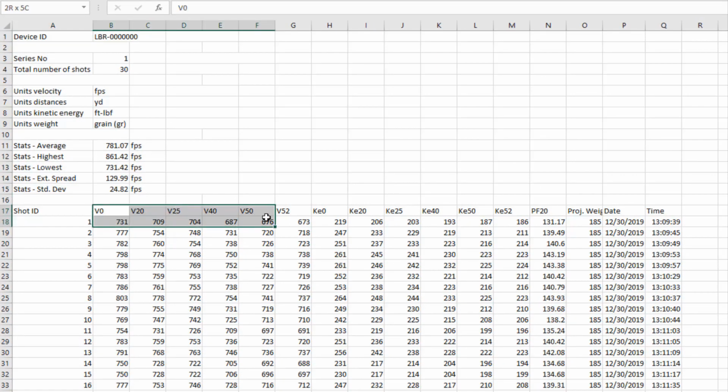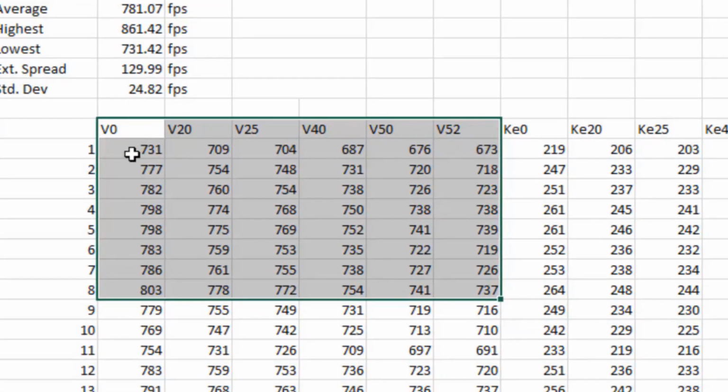And these columns represent the velocities at given distances. V0 is a distance that the LabRadar unit always gives you. It's an approximation of muzzle velocity. The next 5 are the ones you specify in preferences. So this is DX1, 2, 3, 4, and 5.